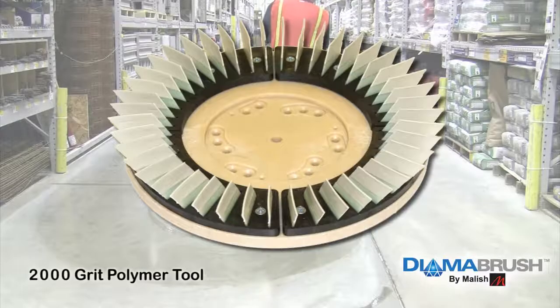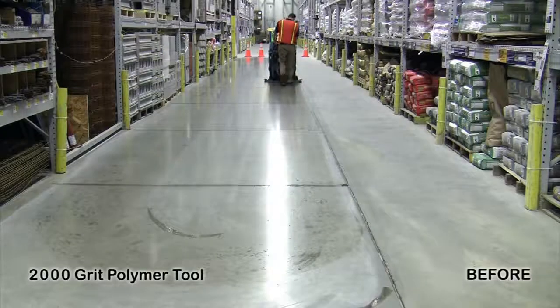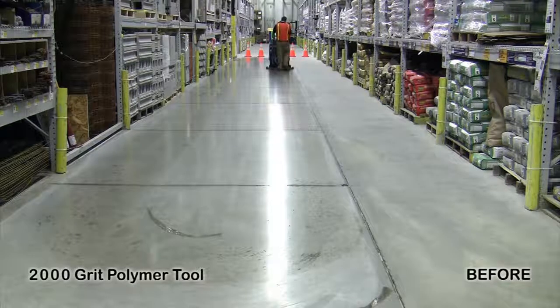The 2000 grit polymer tool is the final step in the Diamabrush system. This step is mainly for end users who desire a mirror-like finish to their concrete. The 2000 grit polymer tool is a polishing grit that polishes the floor to a very high gloss finish. This grit is a very popular choice as a stopping point for retailers and other end users who require a